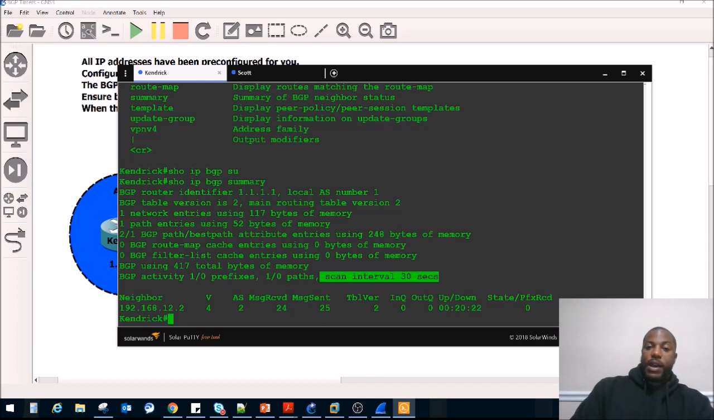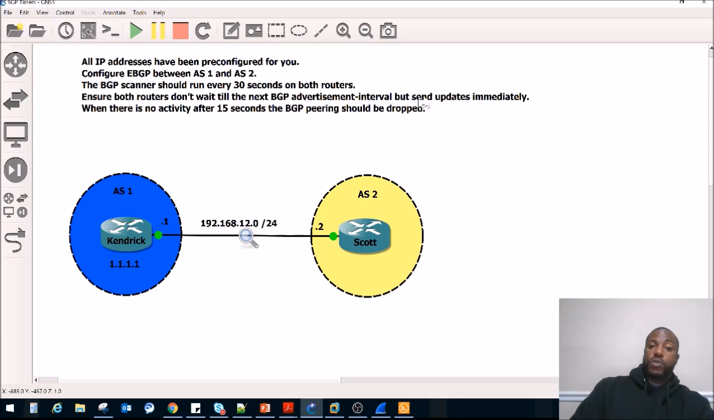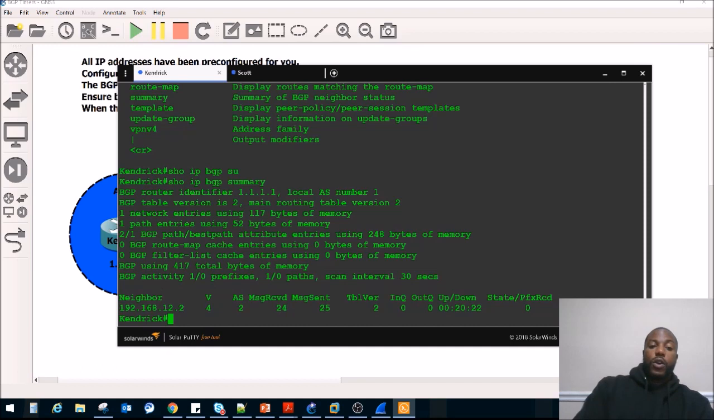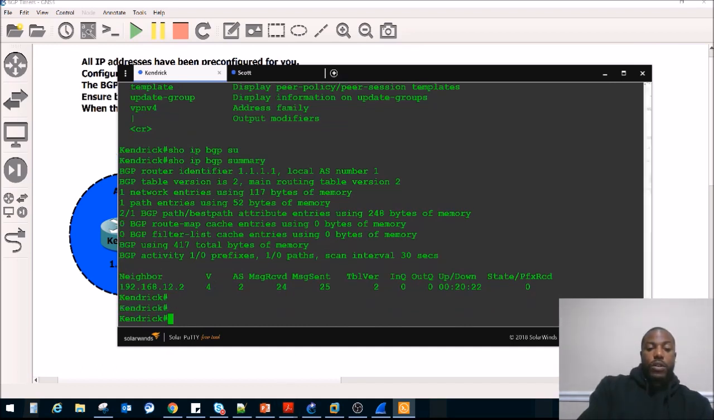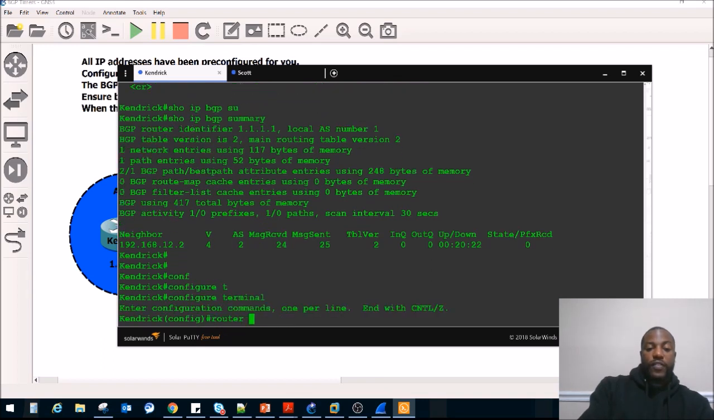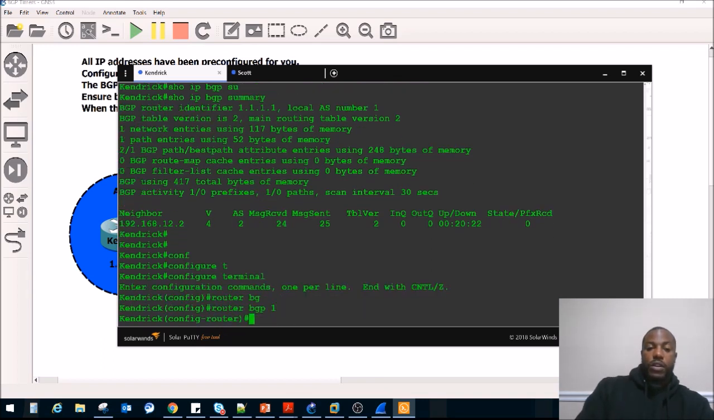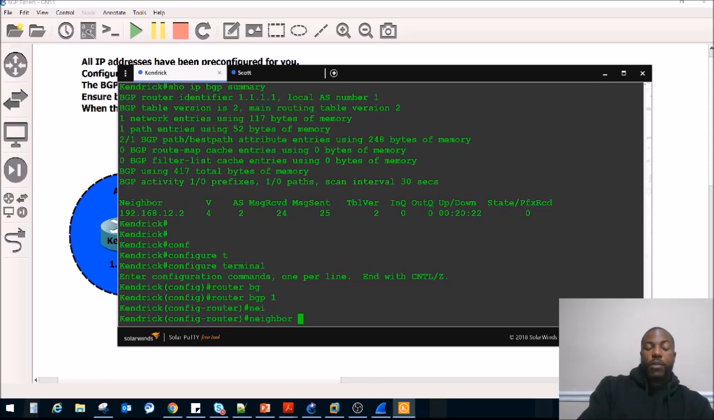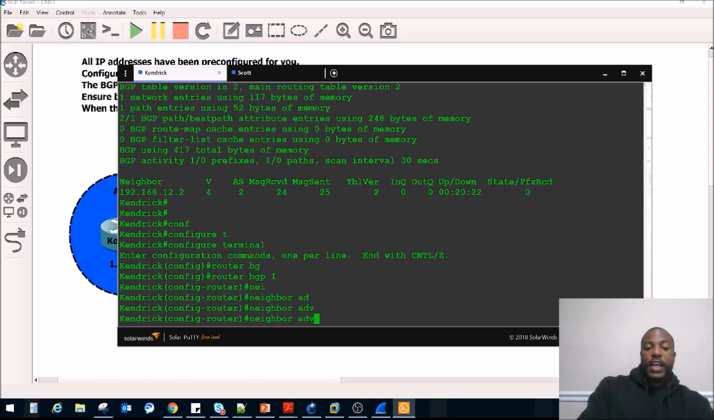So at a certain amount of time, I don't know what the default is, it sends a whole bunch of routes to the next router, right? He says he wants us to send updates immediately, which means we would just have to turn that feature off. Basically, we go to global config first, then router config BGP 1, and we're going to say neighbor, and then specify the neighbor